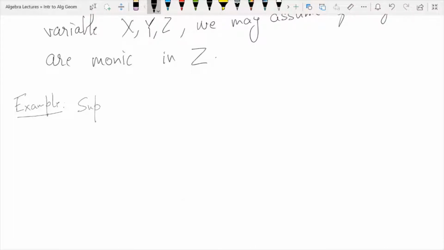Suppose C1 is a line. So what does that mean? f is a linear homogeneous polynomial. So f is of the form ax plus by plus cz